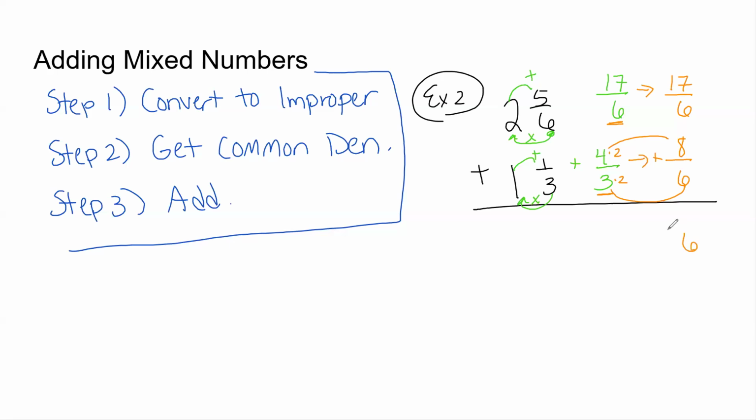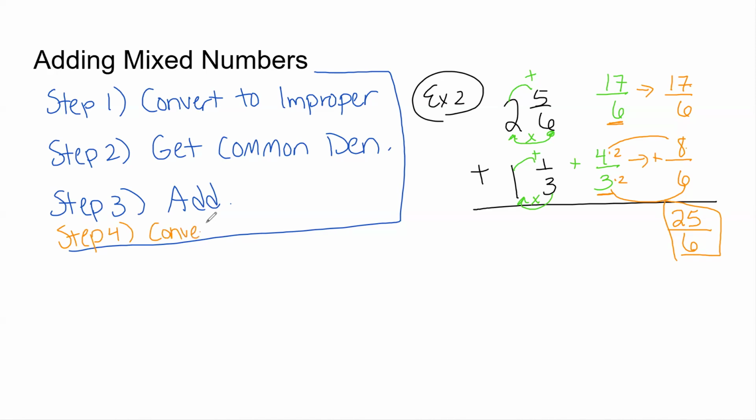Keep the denominator of 6, and 17 plus 8 is 25. That's your answer if you can leave it improper. That does not reduce. But since this was given to us as a mixed number, we should probably put it back to a mixed number. So maybe we should even add step 4,